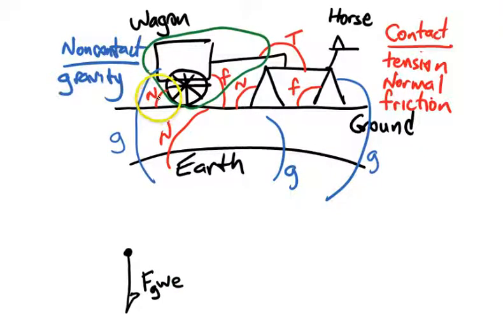Okay. Let's go around a little bit further. We next see that there's a normal force. A normal force is acting upward on the wheel. If it wasn't there, it would end up falling to the center of the earth. So I'll put a note that it's a force. What type of force? I'll use N for normal force. Again, it's acting on the wagon. Okay, and what's the source of that? I've called it the ground. I want to indicate that both up and down are of equal magnitude, so I'll use a little slash mark